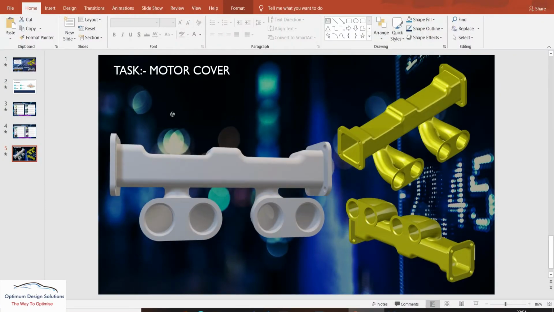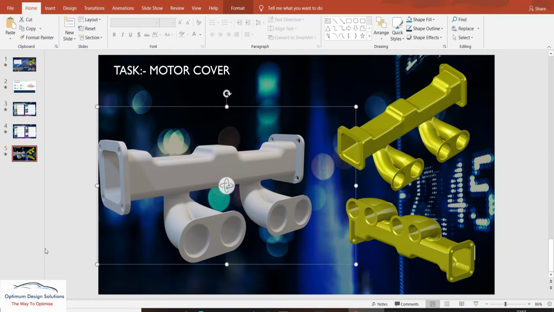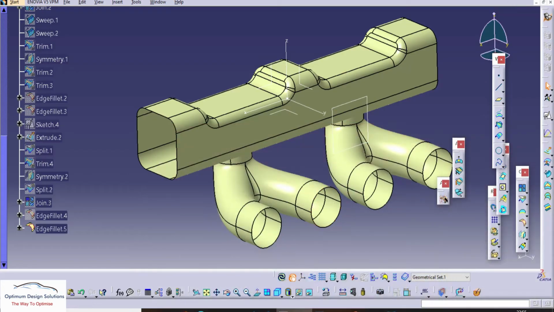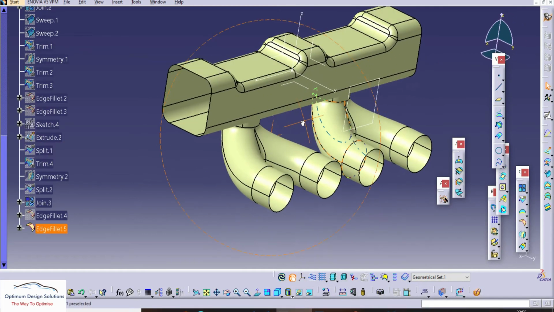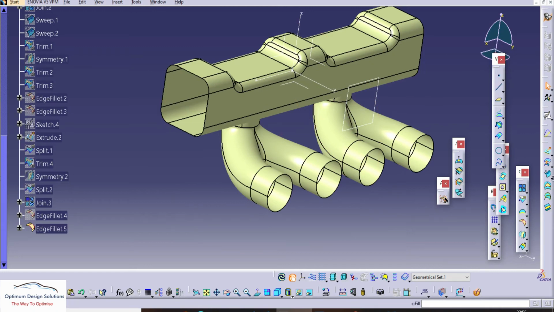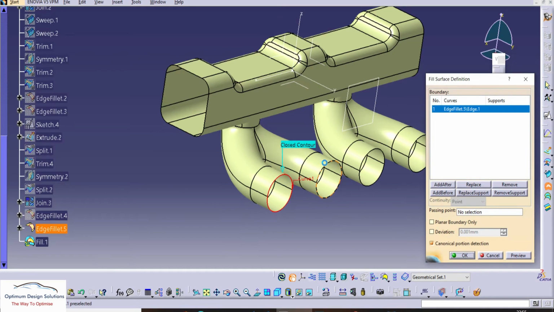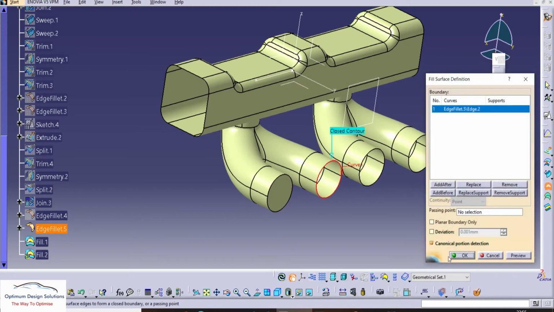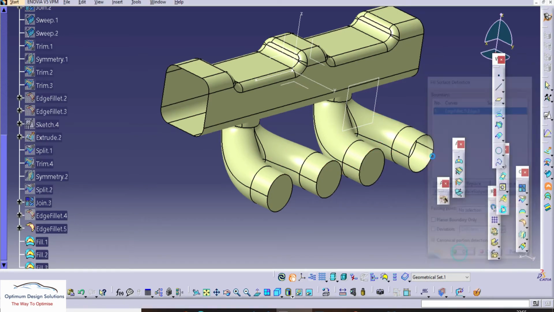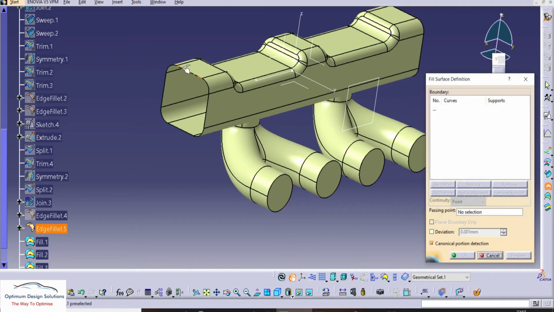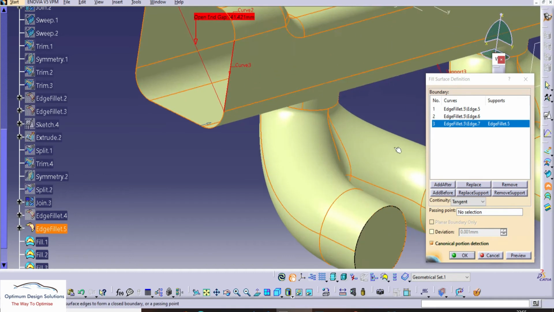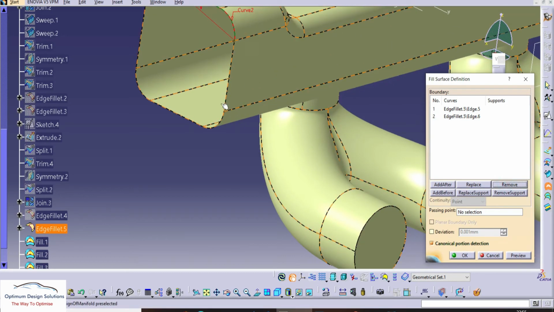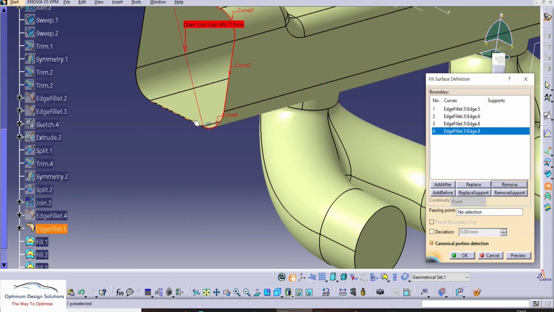Now just the flanges remain, so let's start the design of the flanges. Before that we'll go into the part design, that is the solid, so we are using the close volume. We need to close all the surfaces. By using all the surfaces we'll close our complete surfacing profile, and after that we'll use the close volume in the part design.